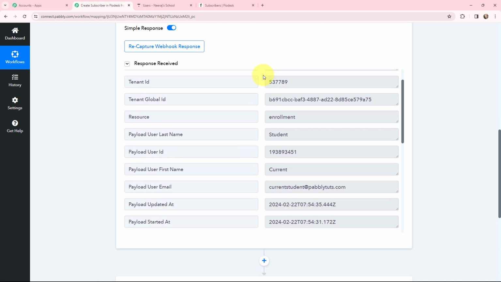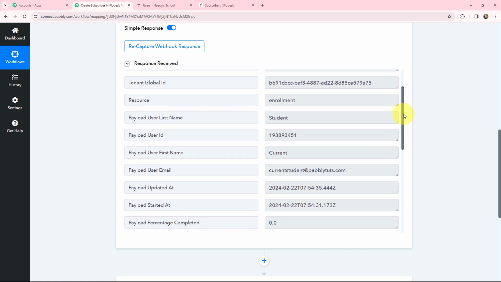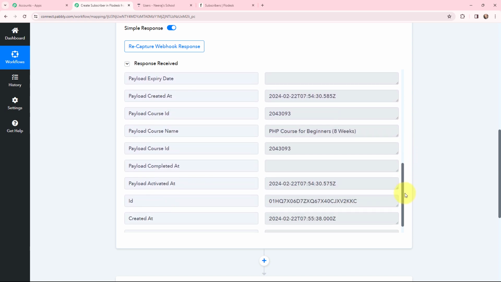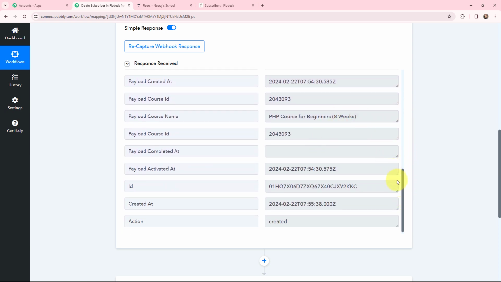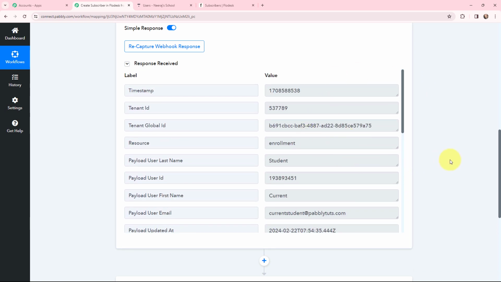here is a positive response. So over here you can see the details. So the resource is enrollment. Over here is the last name, ID, first name, email, updated and the started time along with some other details. And here you can see the course name as well. So that means the enrollment which I have made for a course in Thinkific is successfully captured over here in